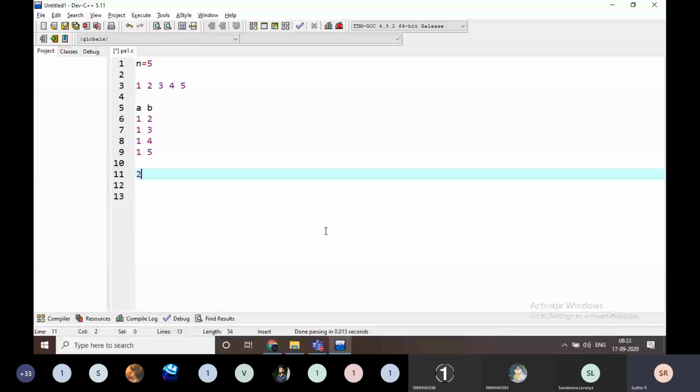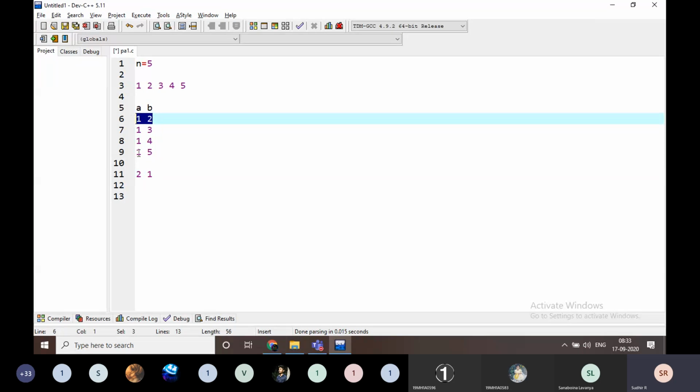Now a value becomes 2 here. We do not need 2 and 1. Why? Because here I already considered 1 and 2. 1 and 2, 2 and 1 are the same, right? That's why we are not considering 2 and 1 again.